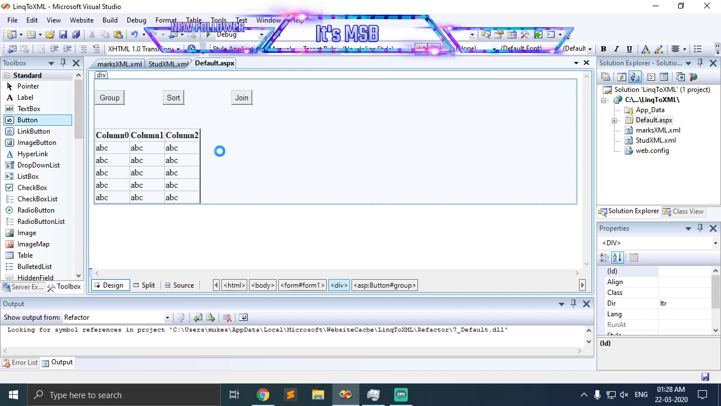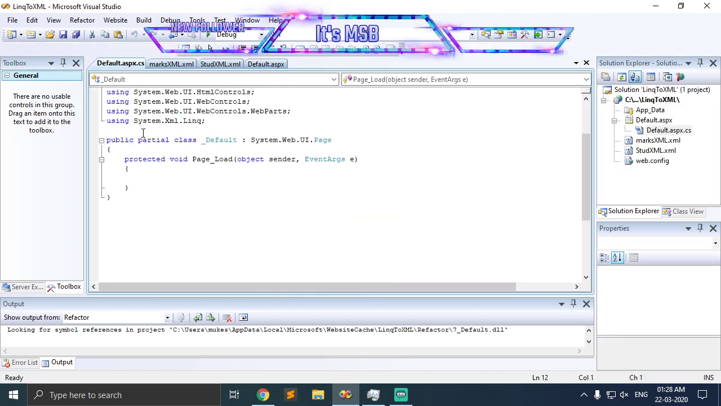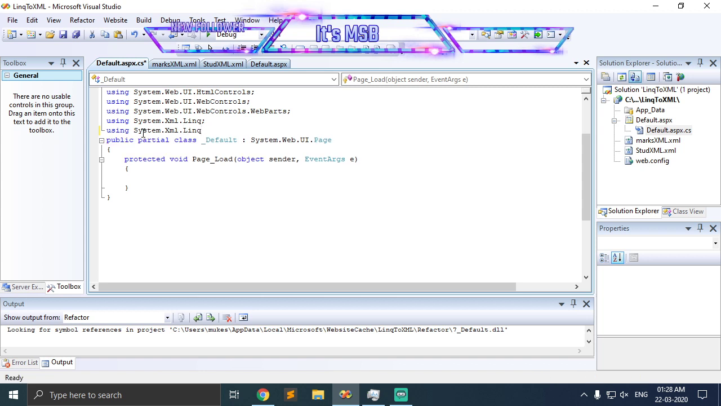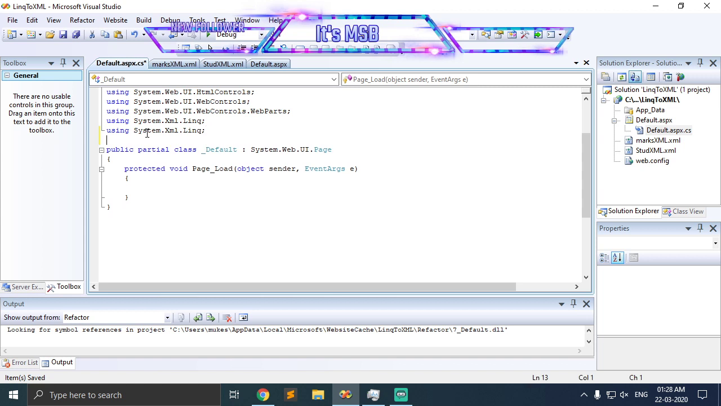Okay, that's done. Now move towards the CS file. Once again, right here using system.xml. Now we have to use xml.linq. Oh, sorry. Linq. For the same, we need to write here in this, I think in this page load event,